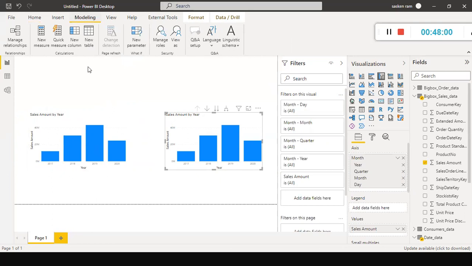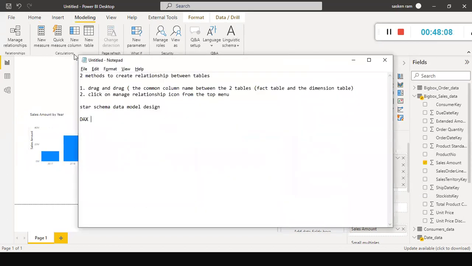If you want to create a measure or use DAX functions, DAX, which is an important topic, data analysis expressions, I'm going to use a DAX function to create a measure.